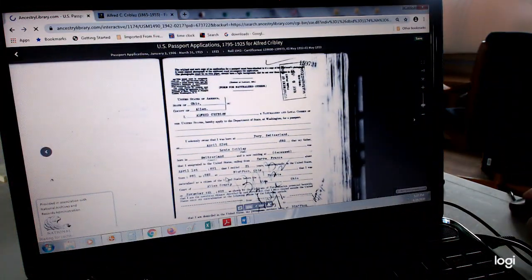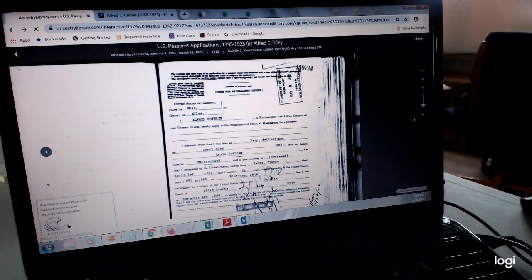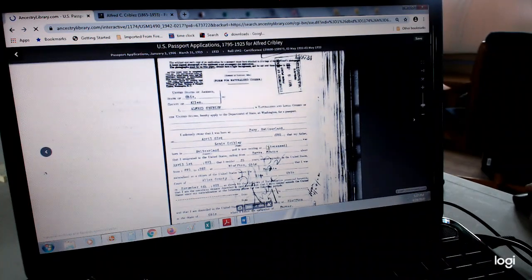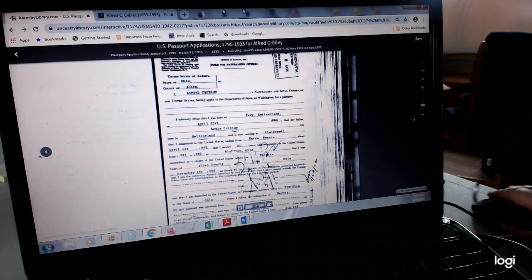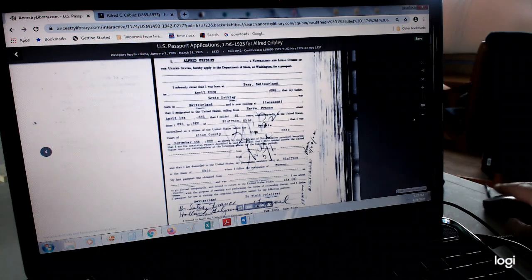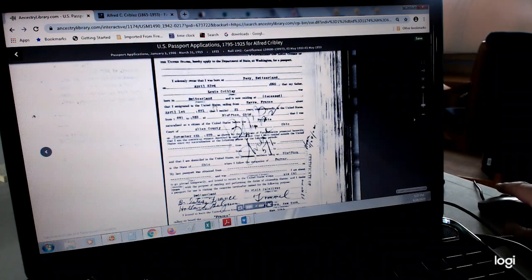Okay, so up here we see this is 1922. It's filed in Allen County that Alfred Cribley, he was born in Paris, Switzerland. Remember, in his obituary, it says he had a church there, so now we know he was born there. It tells us his birth date, April 23rd, 1865. Oh, his father's name is Louis. So now we know his father's name.